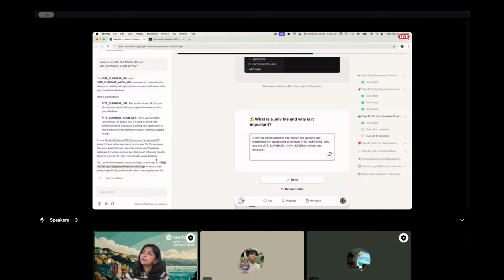So if I think of the URL as an address, and this is the house, this is where all the data is being stored, I also need a key to enter that. So I'm basically getting the address and the key to enter that address. And you don't want to give your address and key to just anybody. You're trusting your specific tool to have access to that. And so that's why it is